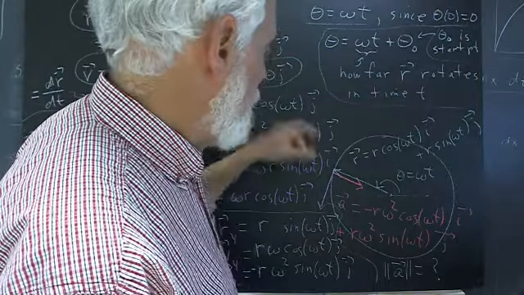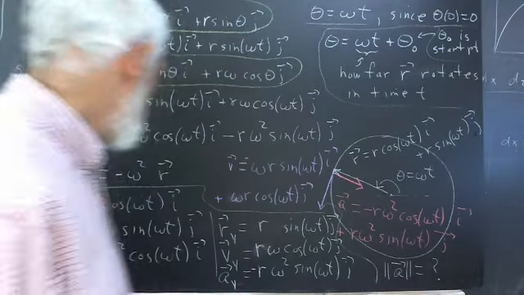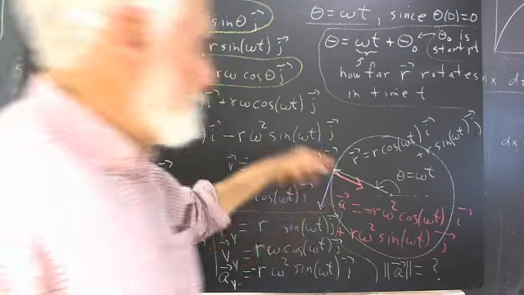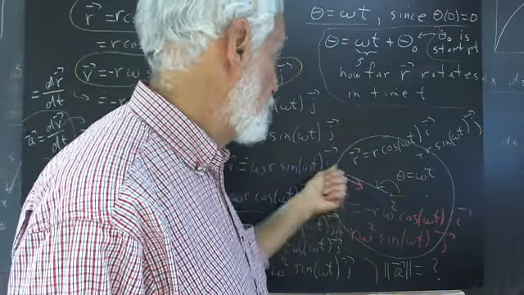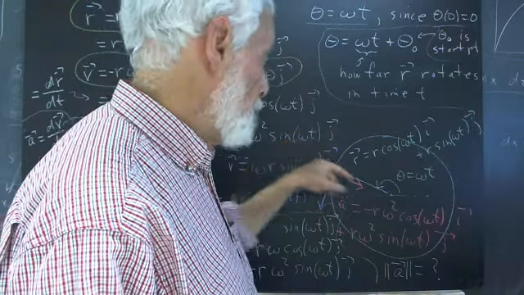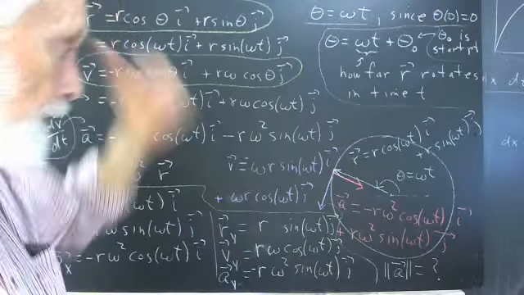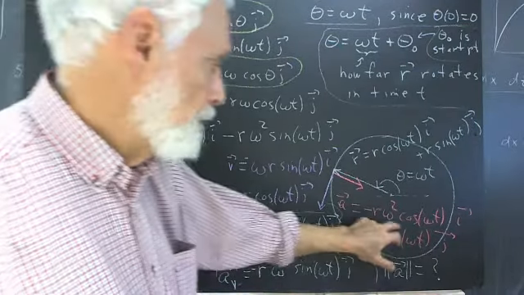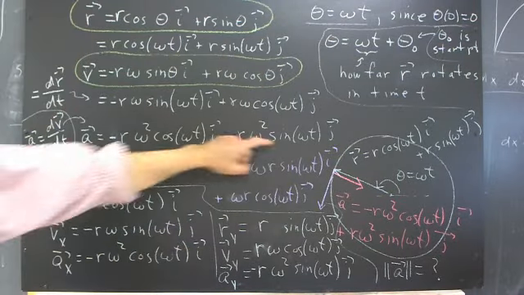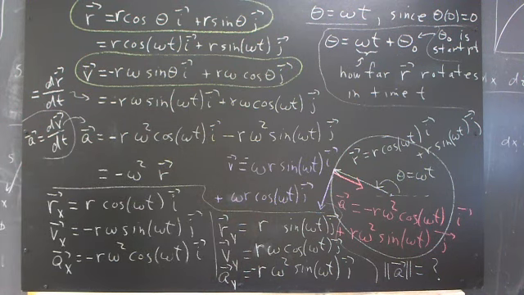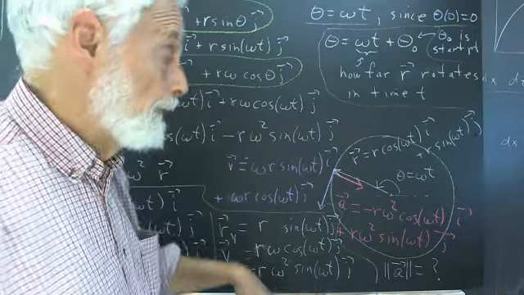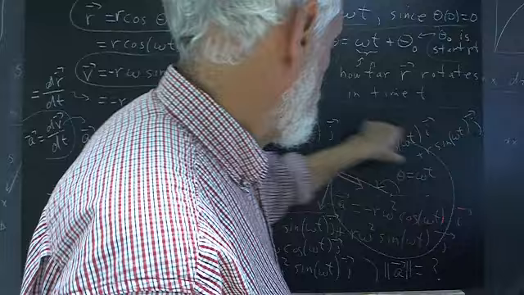And we have the acceleration vector. Since the acceleration vector is a negative multiple of our r vector, it's going to point back toward the origin. The r vector points from the origin to our point. The acceleration vector is directed from the point toward the origin. So there's our acceleration vector, and of course we can write out what it is. Again, I'm not going to read that to you. It's the same thing I read to you here. Okay, so there's our picture of the r, v, and a vectors for something that's moving around